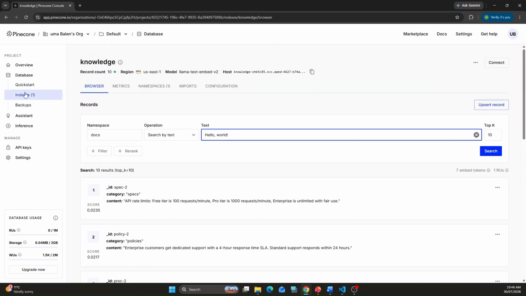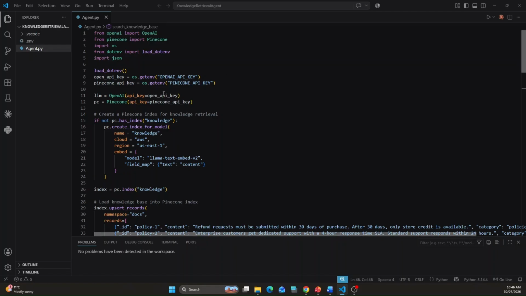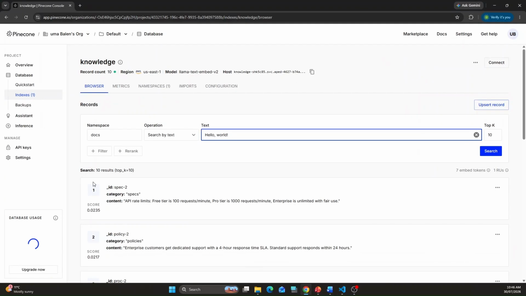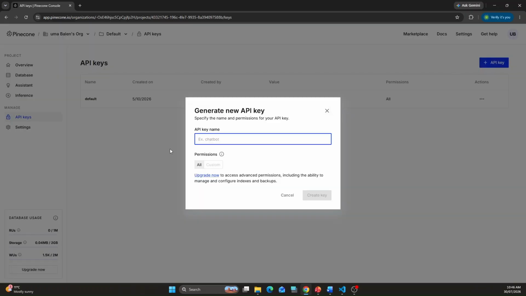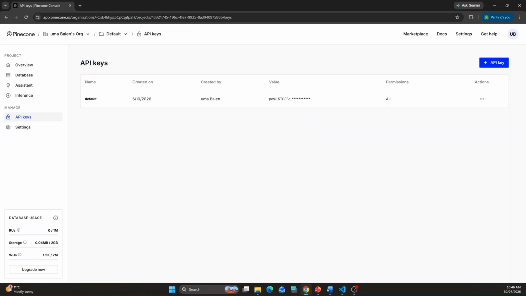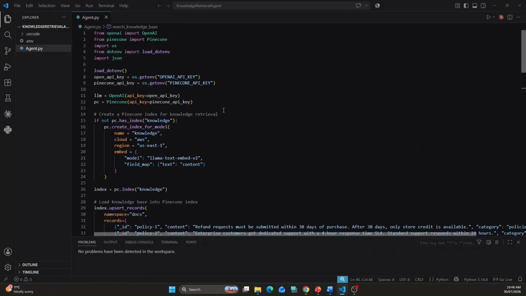Let's see how to create this index using Visual Studio Code. In the .env file, you're storing the OpenAI API key and the Pinecone API key. You may wonder how to create these keys. I'll show you here: you can create a new OpenAI API key just by clicking this and giving it a name. So I'm using the OpenAI